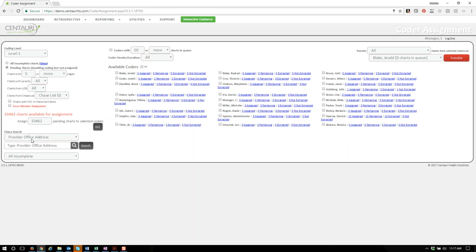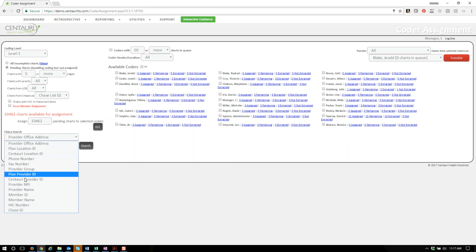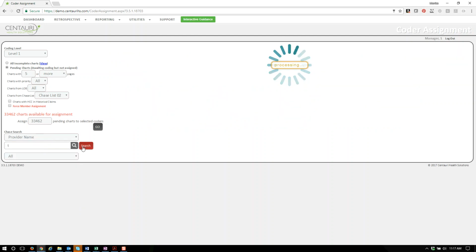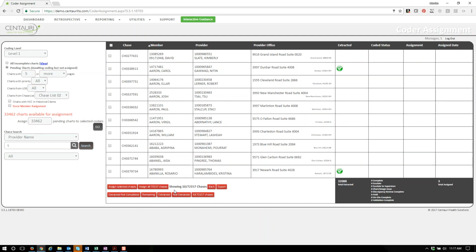In the lower left corner, you also have the ability to search all your charts by any one of these criteria to assign them specifically. So I can choose provider name and search, and this will give me all of the providers in the system that meet the criteria. I can simply click on specific charts by using the checkbox, or I can select all of them,